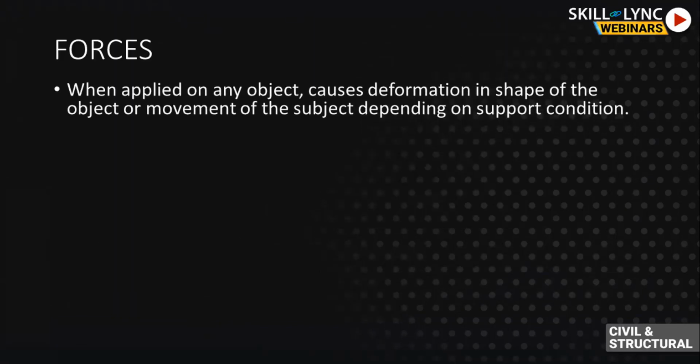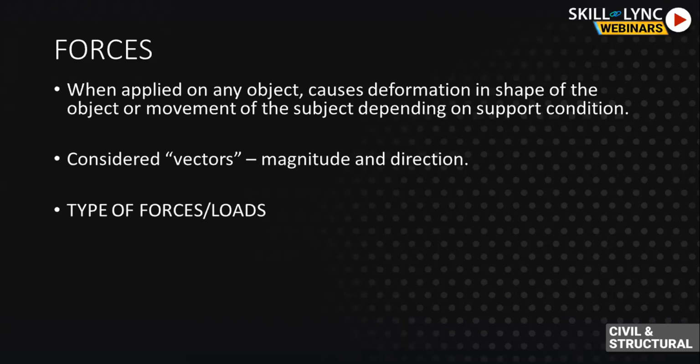Coming to the next point, forces. What is a force? A force, when applied to a body, causes some deformation, movement or deflection, and of course it is based on the support condition of the structure. Types of forces, loads. The type of forces and loads we deal with in structural engineering are gravity loads. Those are permanent loads: the self weight of every equipment, every structural member, or anything linked with the structure. That is constant and will not be removed.